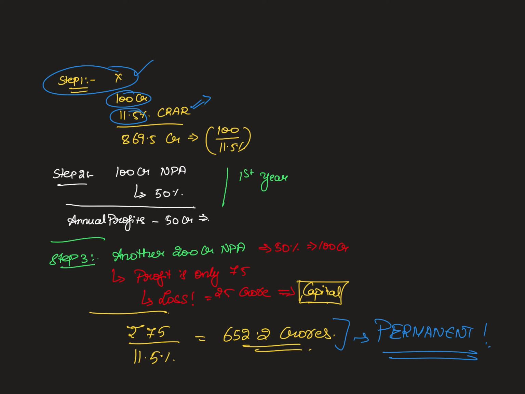But the maximum amount that the bank can lend will be 100 divided by 11.5%, which is the CRAR percent, that is 869.5 crores only. It cannot lend, let's say if it gets 1000 crores in deposit, all the 1000 crores cannot be used for lending. Now, step two, out of the loans given in the first year, let's say 100 crore worth NPAs were